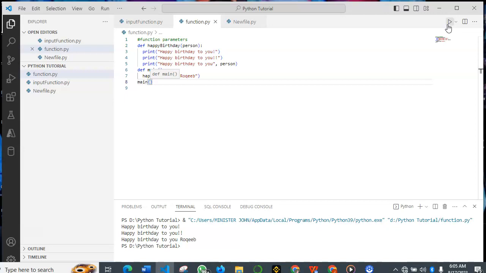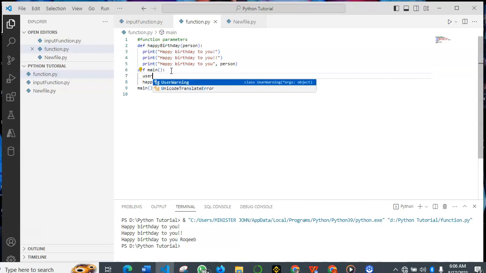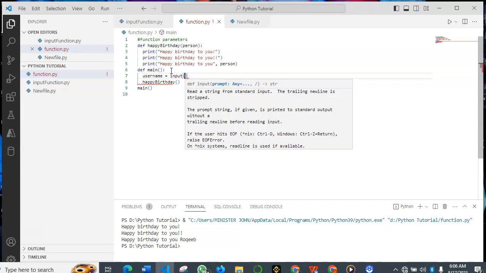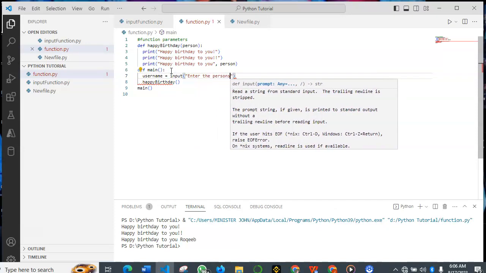So there is another way also of passing information into a function. Remember, we've learned input function, how to receive input from a user. So from here now, we can also make use of input function to accept input from a user, be anybody, any user. You can put any person's name, run it again, put another person's name. So you can say, username, I can say input, enter the person's